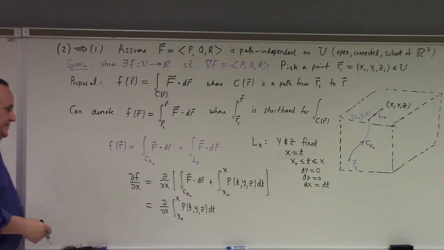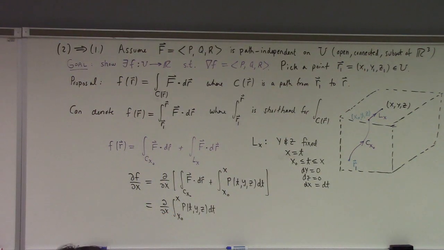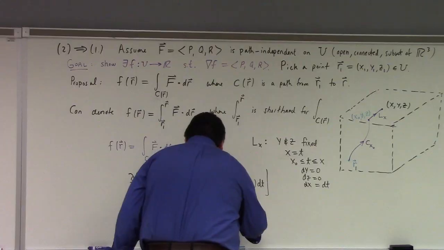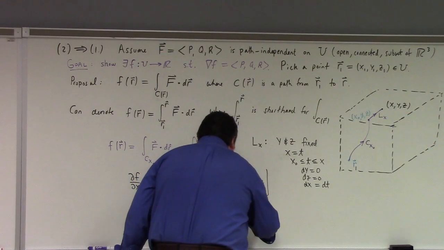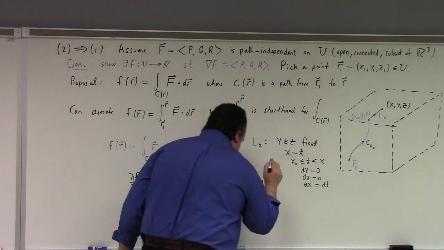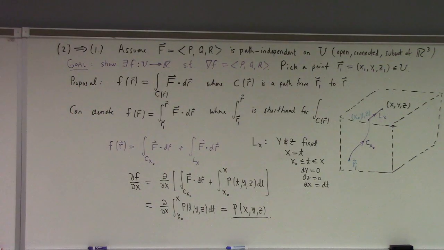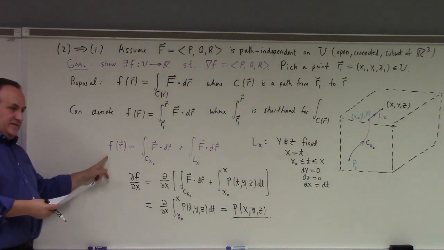But what is that by the fundamental theorem of calculus, part 1? By FTC1, this is exactly p of x comma y comma z. So that's 1/3 of our goal, which is to show that the x derivative of this alleged potential function works out